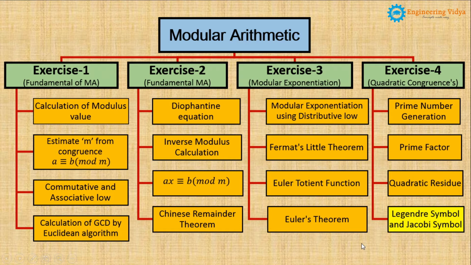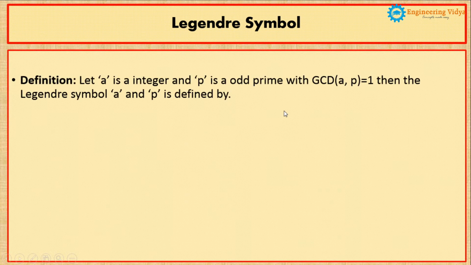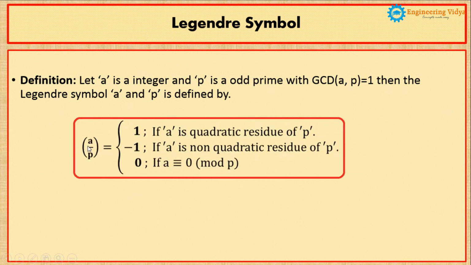So now we'll see the Legendre symbol theoretical background. Here we'll start with the definition first. Our definition says that let a be an integer and p be an odd prime number with GCD of a comma p equal to 1. GCD of a comma p equal to 1 means that a and p are co-prime numbers, or they are relatively prime. Then the Legendre symbol of a and p will be defined by this; the symbol of this entire thing is called Legendre symbol, and Legendre symbol is always denoted by a division sign inside the bracket, right? This entire thing is called Legendre symbol a and p. All the things are very clear to you now.